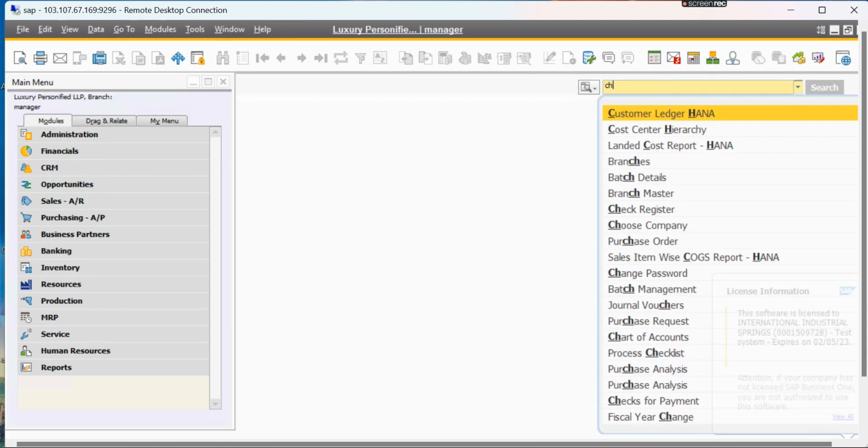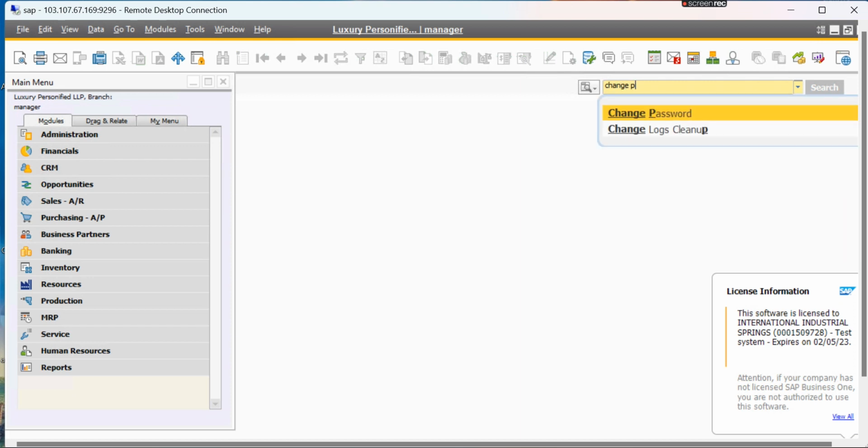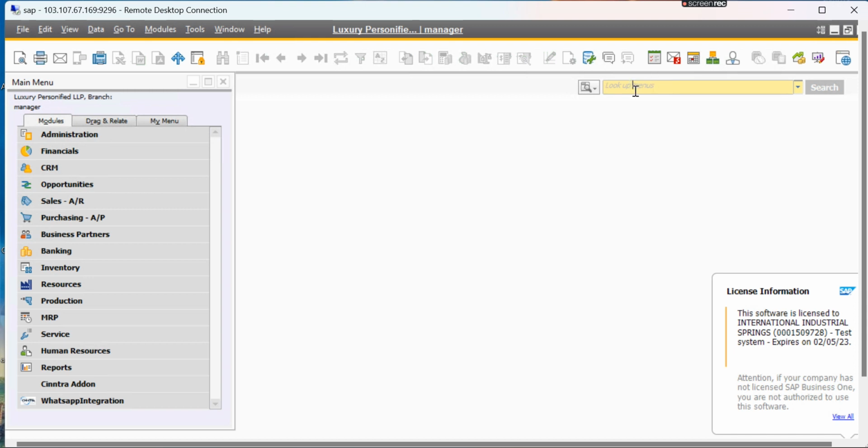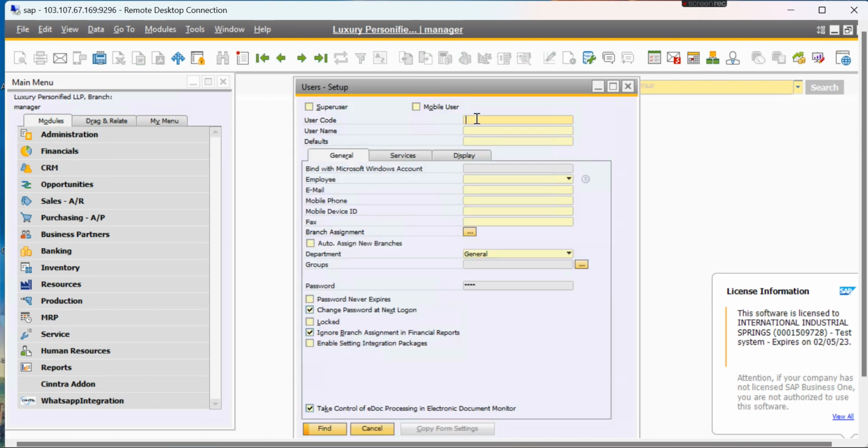You type there, change password, your user login, enter your old password, create your new password, and confirm your new password and update. Okay, and to change your username, type users, and find your